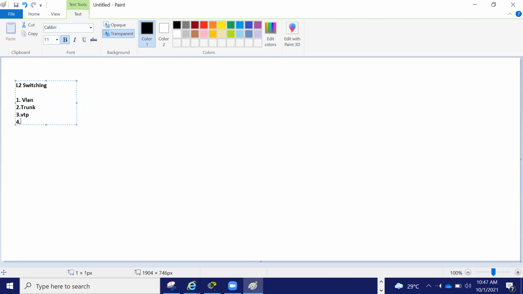Fourth is STP, and fifth is EtherChannel. And next is what is called router on a stick, which yesterday we saw, and the seventh one, multi-layer switch, we saw.